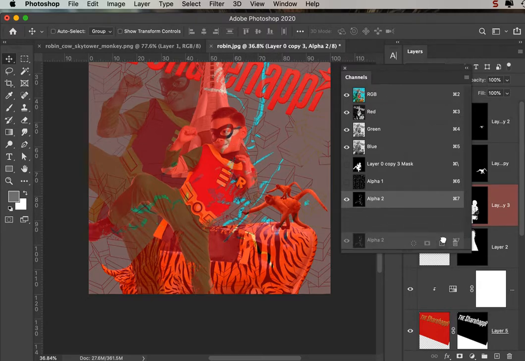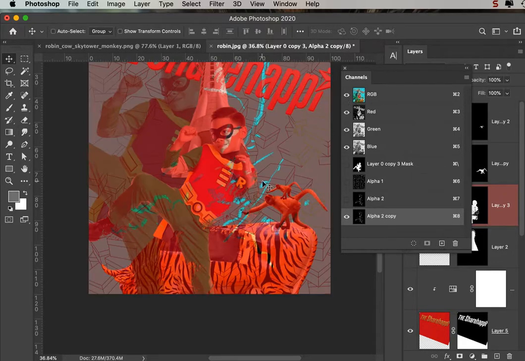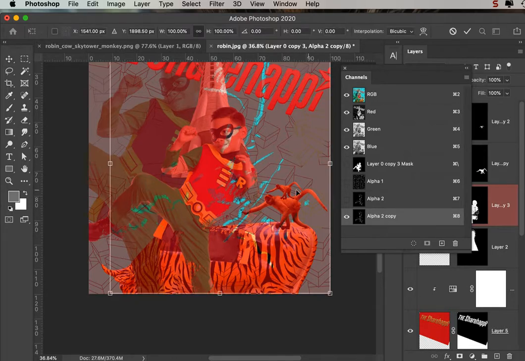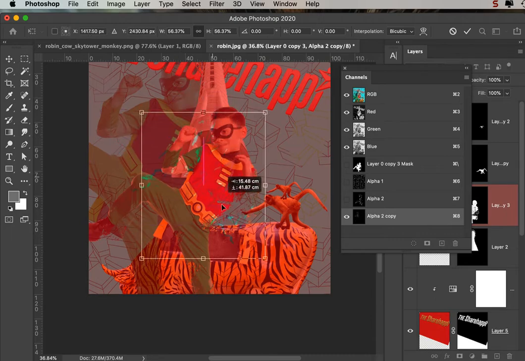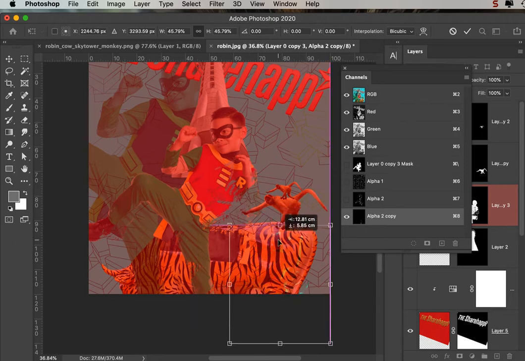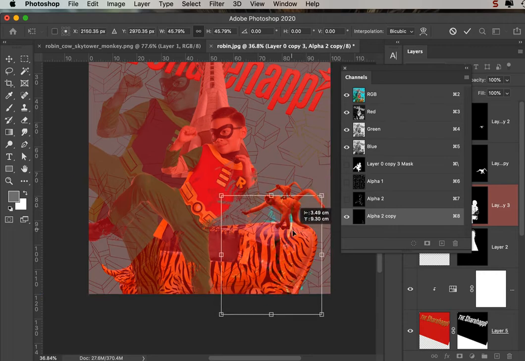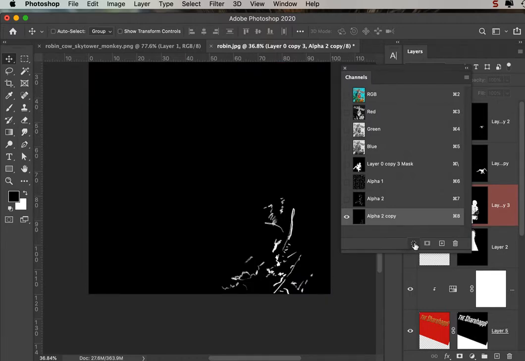If I want, I can do things like duplicate that channel, switch on the eye beside RGB so I can see it, because what I'm going to do now is Command T. I'm going to scale this down a bit so I can see exactly the size that I'm going to get here. Switch the eyes off so I can see it here, load it up,